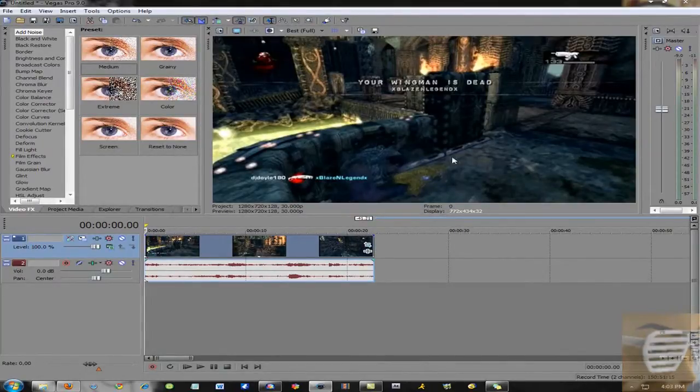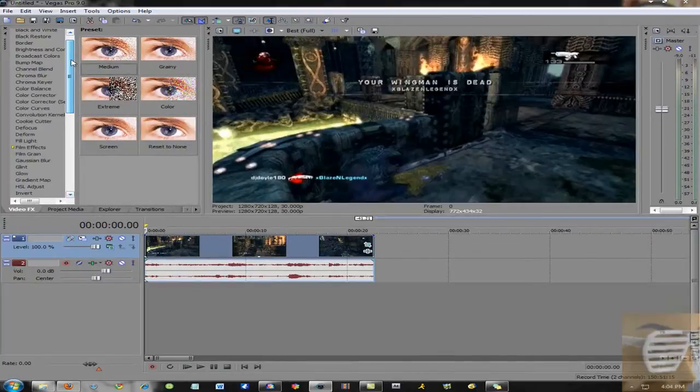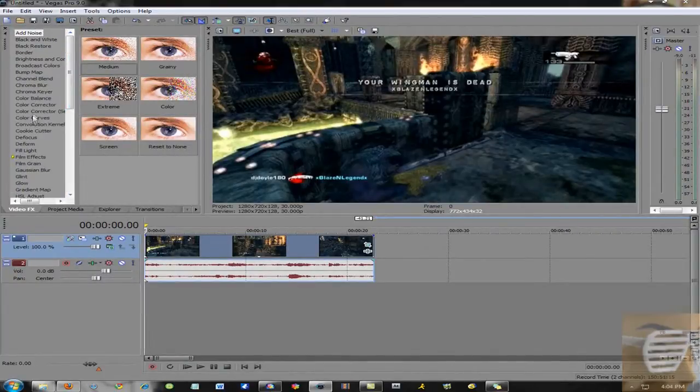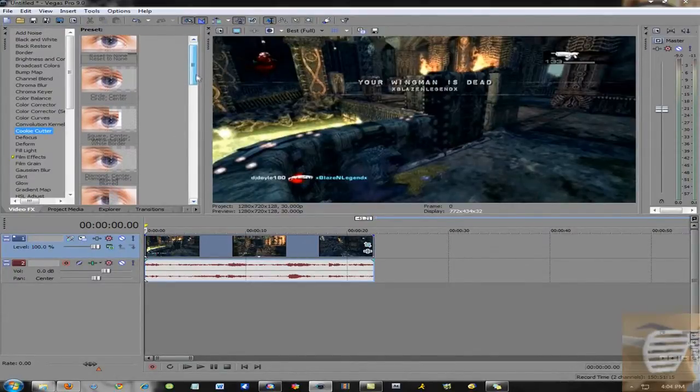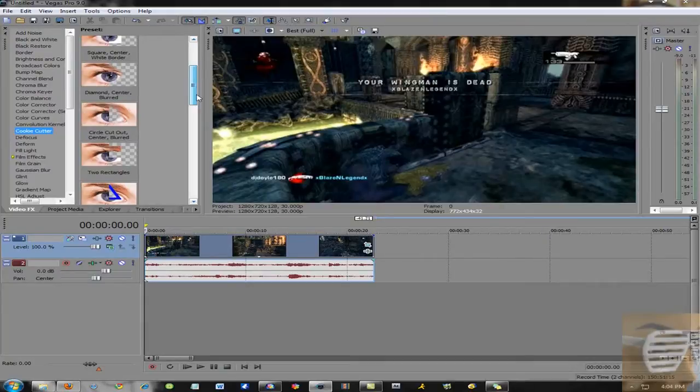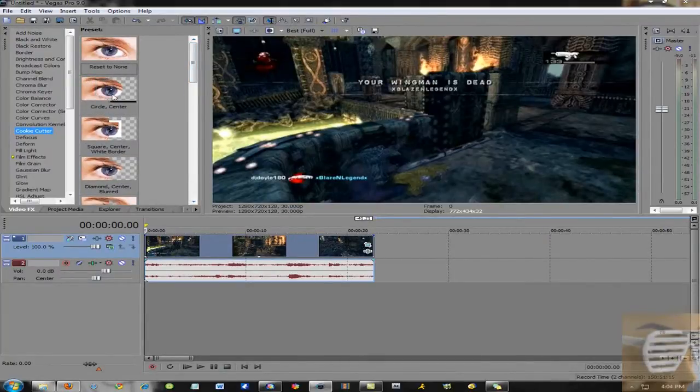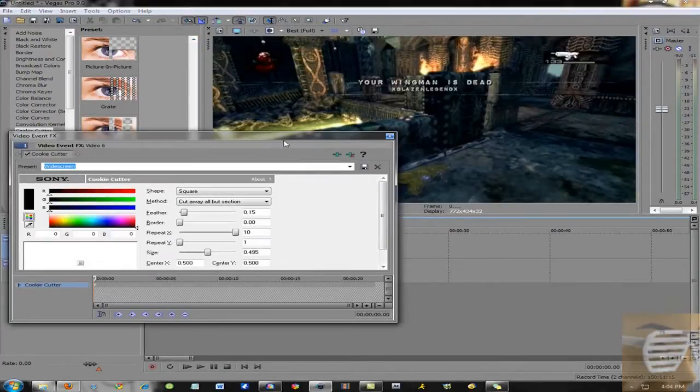Okay, so now that you have that, you want to edit the quality. So first you go to the video effects tab right here and you scroll down. First you want to look for cookie cutter right here, and you want to look for circle center. You'd drag it right here. Well, I already have a preset, so I'm gonna drag my widescreen there, and you're just going to copy down